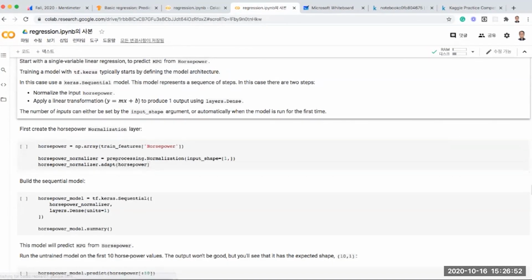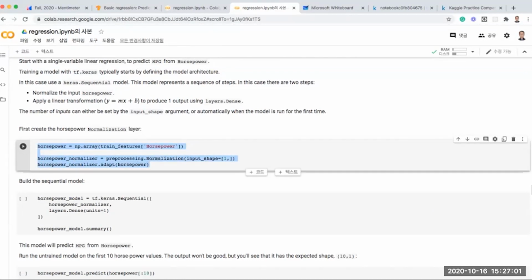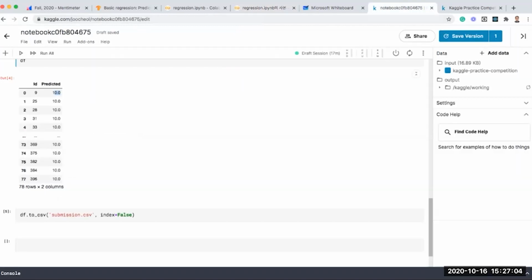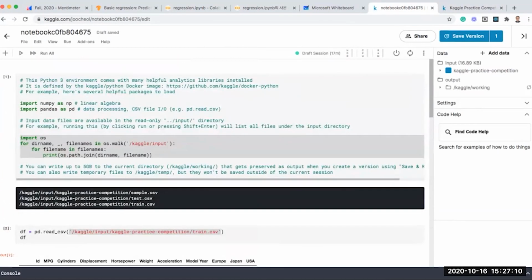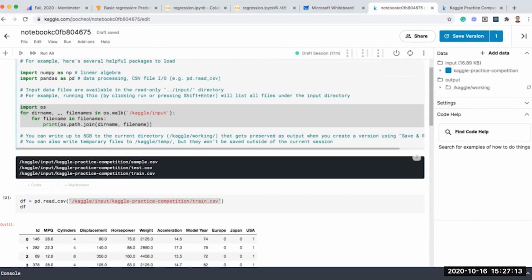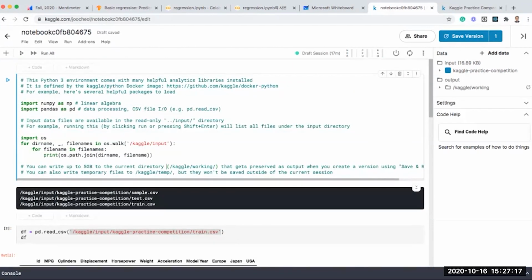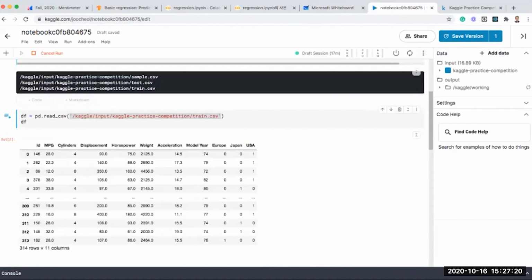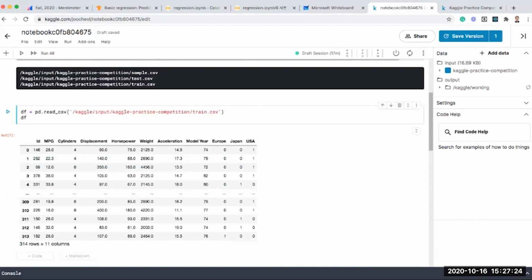Okay, so apply a linear transformation to produce output here. So basically, what we need is just to copy this part and put it into our notebook. For those of you who have successfully saved this one, okay, let's start from the beginning again. So we read the train.csv,